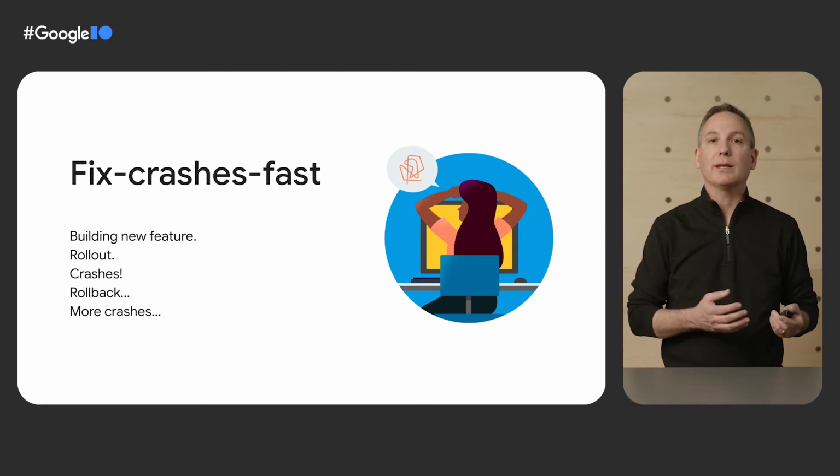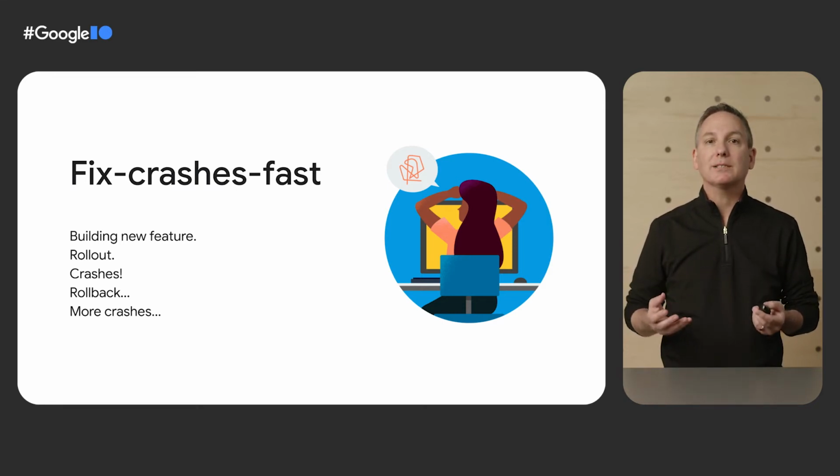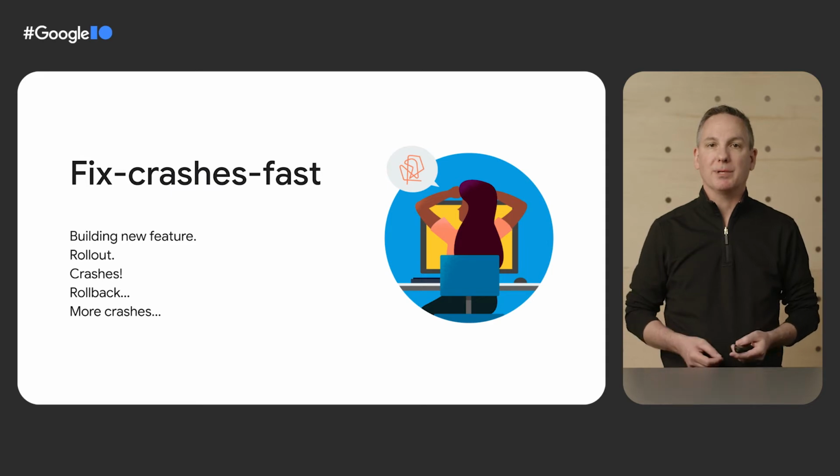Your users are running your app on a complex ecosystem of devices and form factors and OS versions, and your team is constantly releasing new features and fixing issues. All this creates change, and sometimes change results in crashes. If you want to keep all those users that you've worked so hard to acquire, then you need to discover and fix crashes as soon as they happen. That's where Crashlytics comes in.